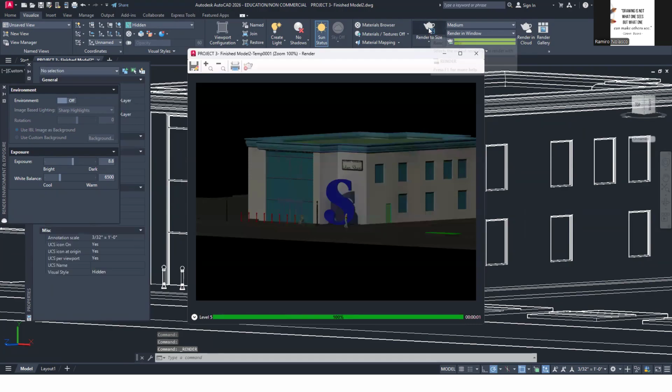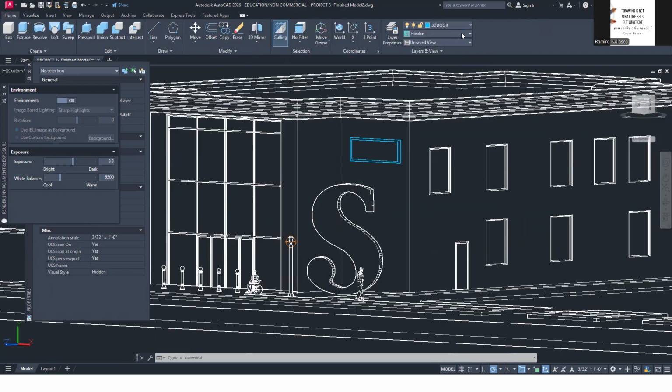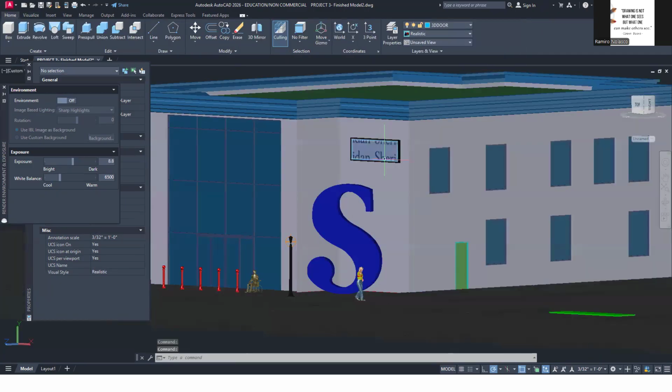Anytime you make changes, do a test render. And notice that it's actually not showing rendering properly. So now you need to make adjustments based on this render. So it's different when you are viewing it in realistic mode. I think I made changes.